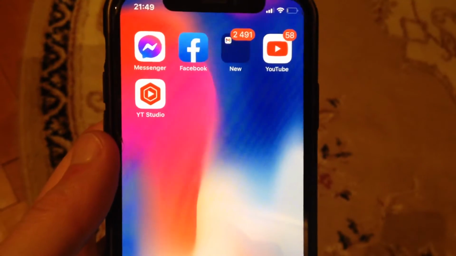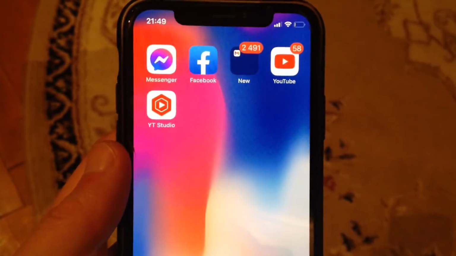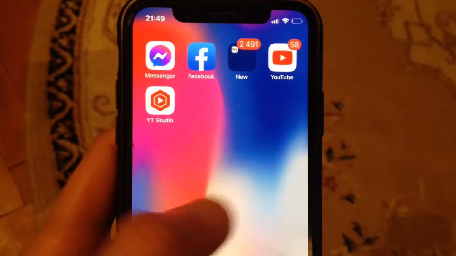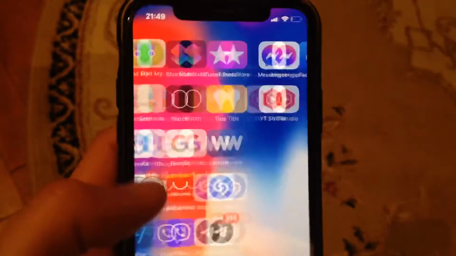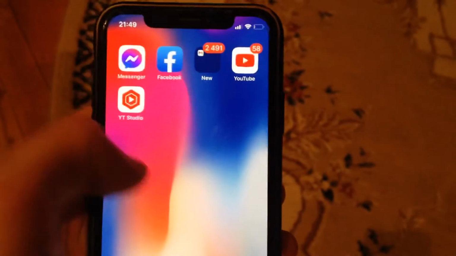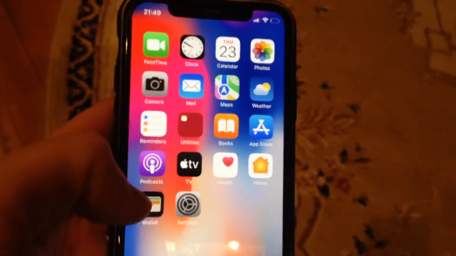Your subscribers, they'll tell you how you can fix your problem on your Facebook when you use it on your iPhone. Unexpected error. So how can you fix it? First thing, just try to close your Facebook and just open it again,